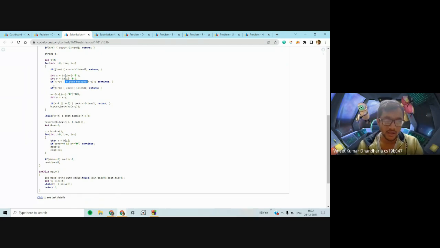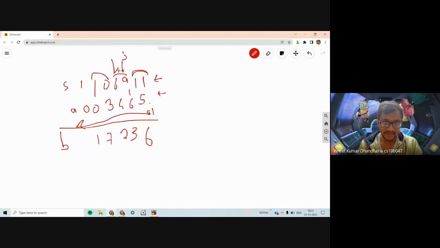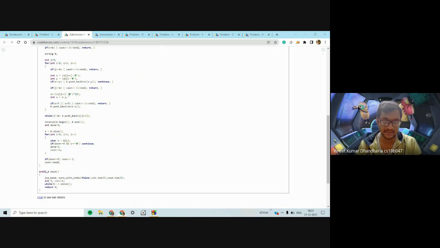If that is not the case, and you have exhausted the string s, then you print -1, because you know that now nothing can be done: we still need a character in s, but there is no character in s. If it has not been exhausted, what you do is you add to x 10 times the next character. So suppose for the first case, we checked 1, but 1 was less than 5. So we added 10 times the next character, which made it 11.